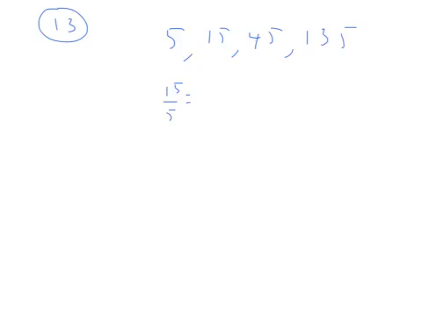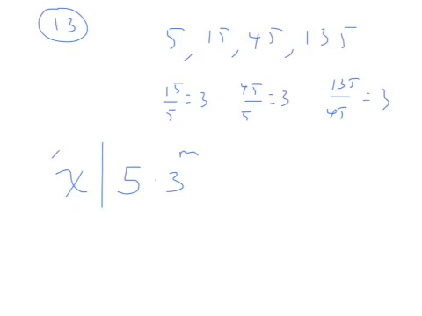Okay, and in 13, what we're doing is we're saying we've got the numbers 5, 15, 45, 135, and this may jump out at you right away. If we just look at the ratios, 15 over 5 equals 3, 45 over 15 equals 3, 135 over 45, also 3. So therefore, this is an exponential growth, and what we're doing is we're starting off by 5, and we're growing by 3, so 3 to the, let's say 3 to the m. So we're talking about all x such that x equals that,